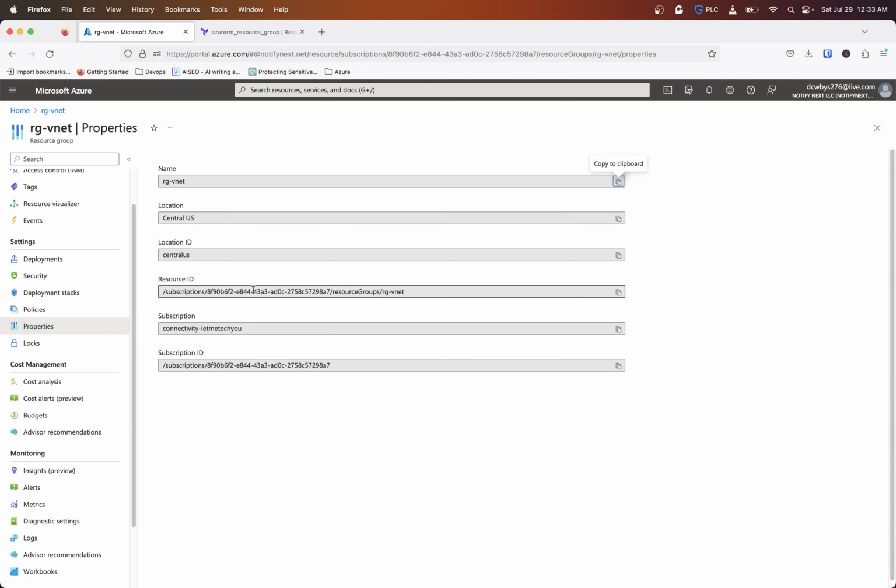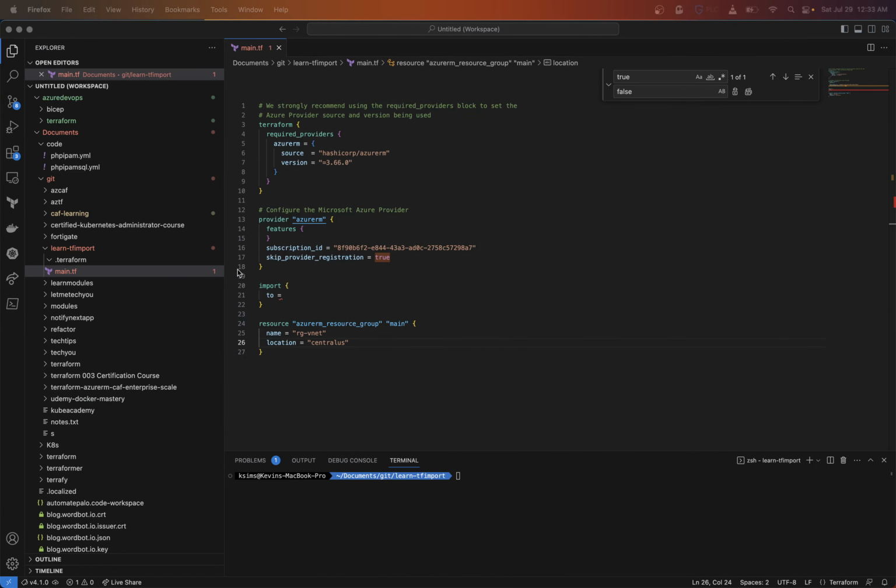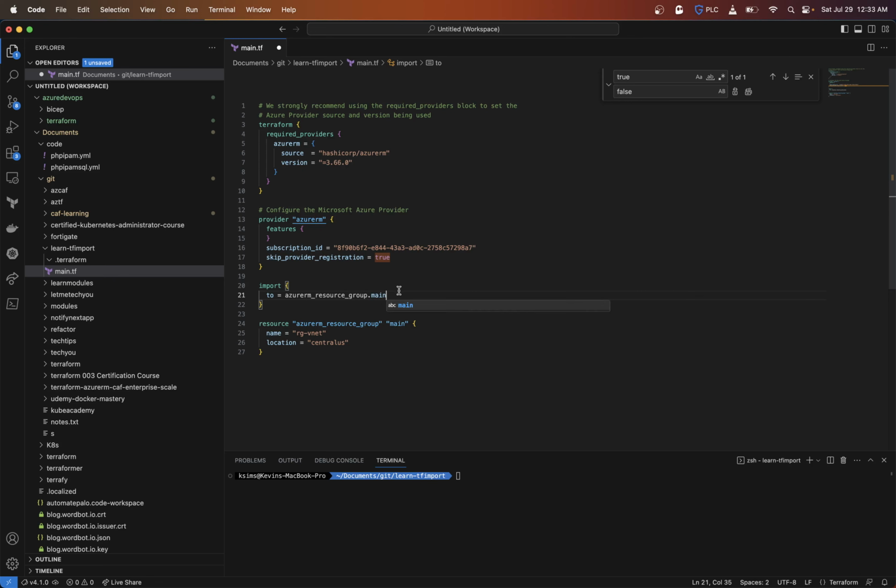So under properties, I'm going to take this resource ID, copy that, and then come in. And for to, I'm going to set this to my azurerm_resource_group.main. And then the ID is going to equal